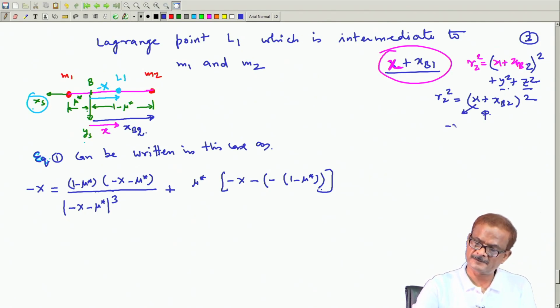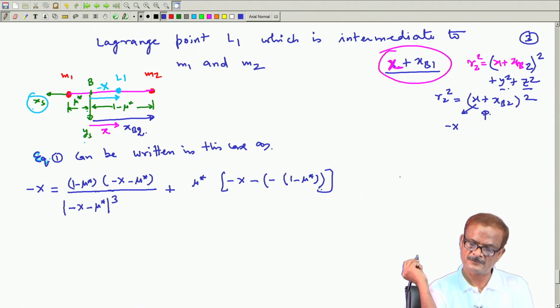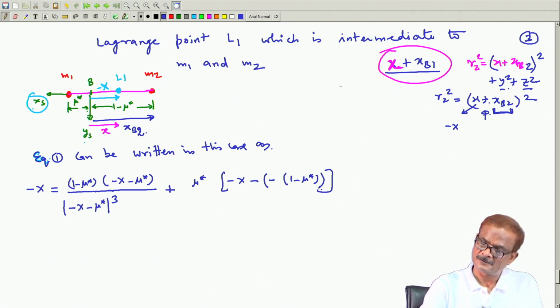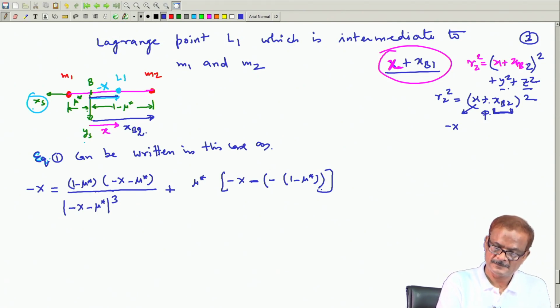So, this x we are replacing with minus x in the normalized form, okay. And this x b 2 here in this case. So, x b 2 it has to be replaced by, we write it this way. See, this minus from this point to this point, this is your x, and that too with minus sign as indicated here. So, this is minus x. So, that we are choosing x as positive by putting with a minus sign here. Okay. So, this part has been replaced, and thereafter we have the quantity x b 2.